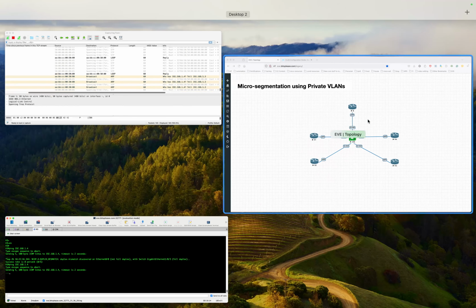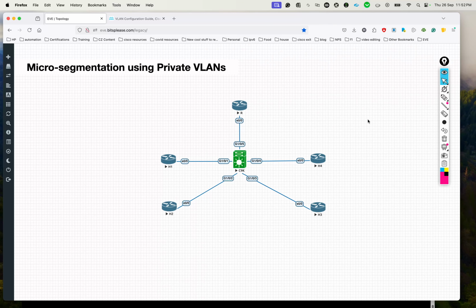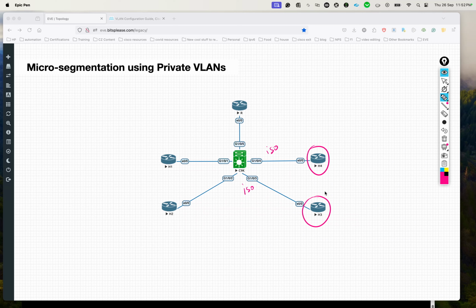So what's really happening in the background is, when you're trying to talk between H3 and H4, the switch is not switching the traffic because these ports are isolated VLANs, right? That's the whole point of this secondary VLAN called isolated. This communication is not allowed. Because this guy is trying to do an ARP for this host,